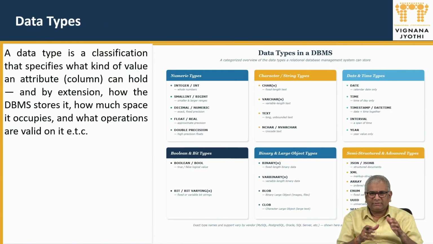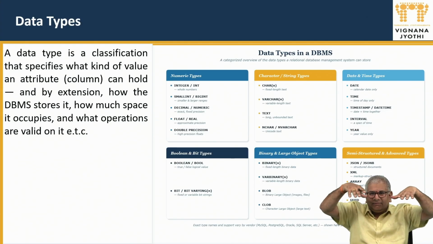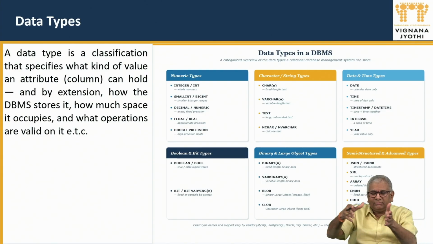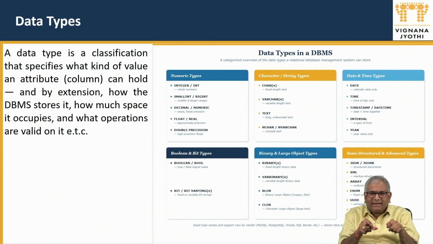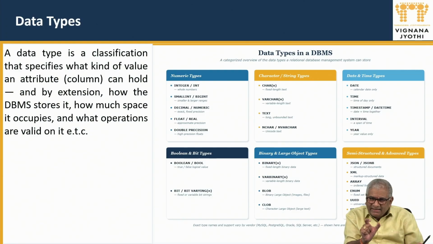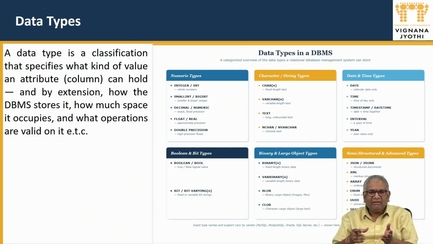Now there is one more thing I'm going to talk about. Some computer science students initially get confused between data classification and data types. Data classification is, at a high level, how you put data into various buckets, the three buckets: structured, semi-structured, unstructured. Data type is a very low-level thing. It is about what kind of data you are storing, whether it is structured, semi-structured or unstructured. Data type is a classification that specifies what kind of value a column or an attribute